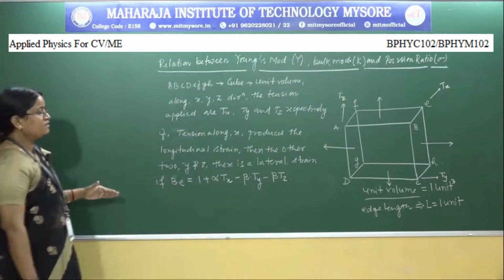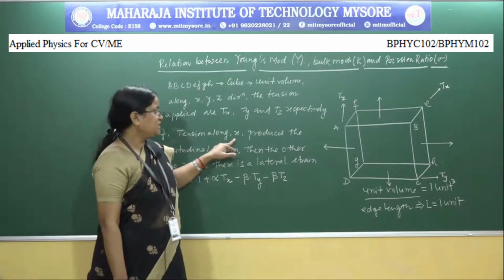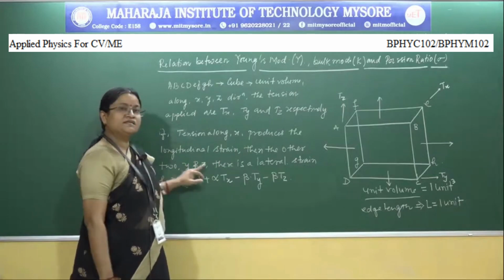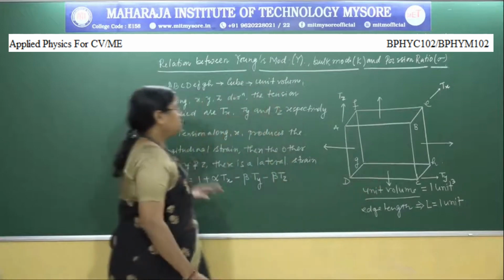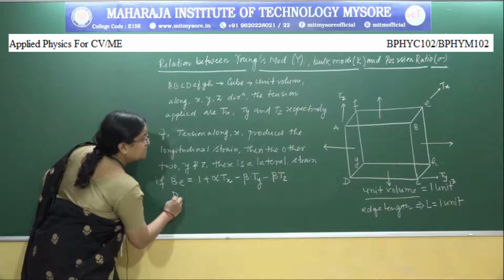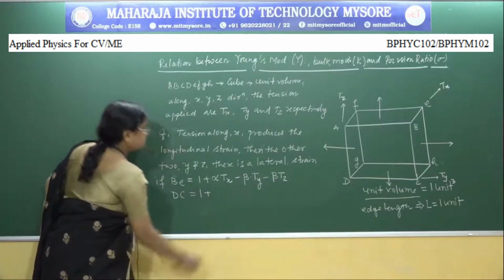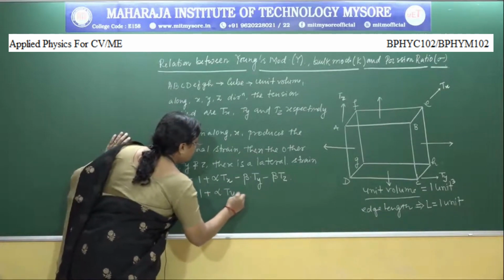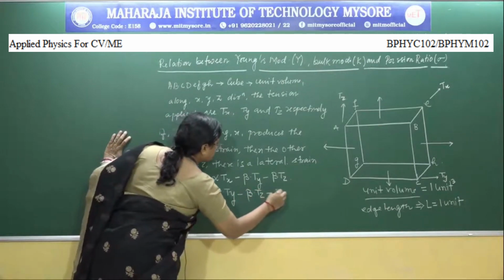Similarly, if the tension is along y direction, that will lead to the compression along x and z direction. So, if we consider the edge length along y direction, then it will be 1 plus alpha Ty minus beta Tz